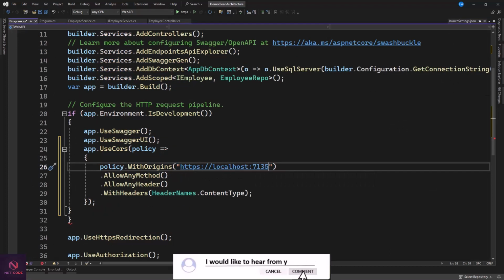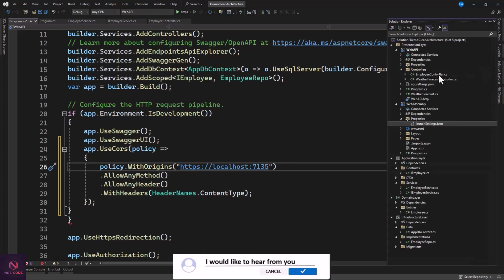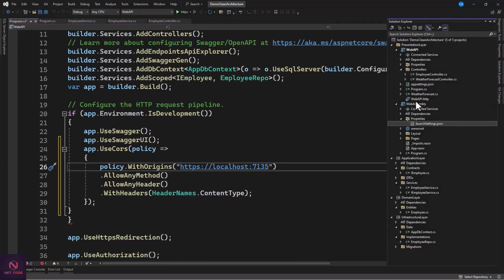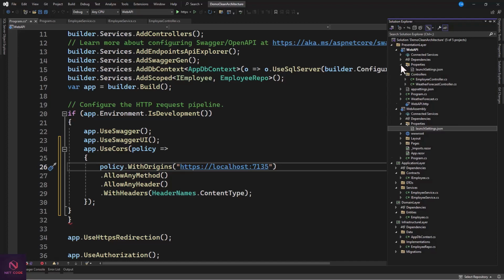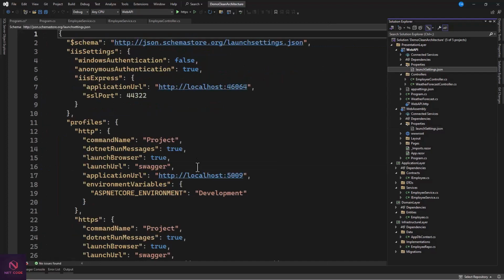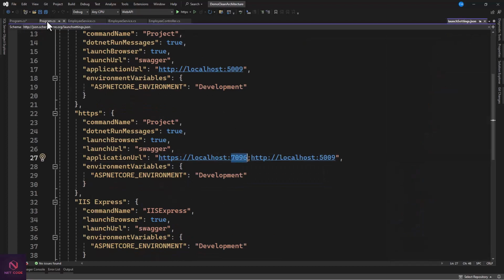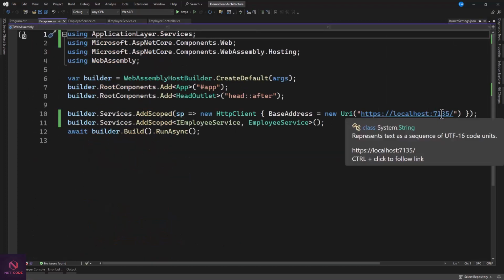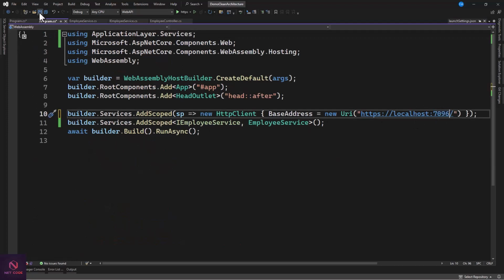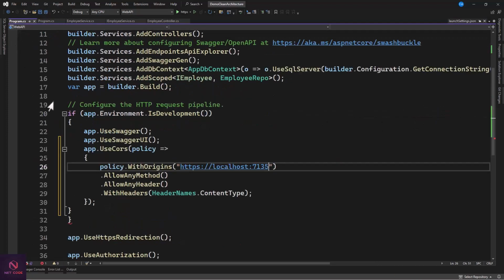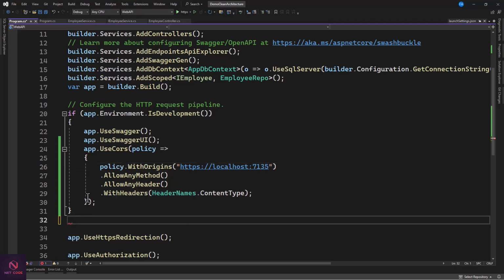And now when you go to, let's see, from the web API, properties, launch settings, here it is what? Okay, 7096. So let's grab this. We go to WebAssembly, and now 7096. Yes. And now when you check the program, you can see from here that you allow any method, any header, with headers, the header name Content-Type. Okay, so we want to allow the following. Okay, so once we are done,